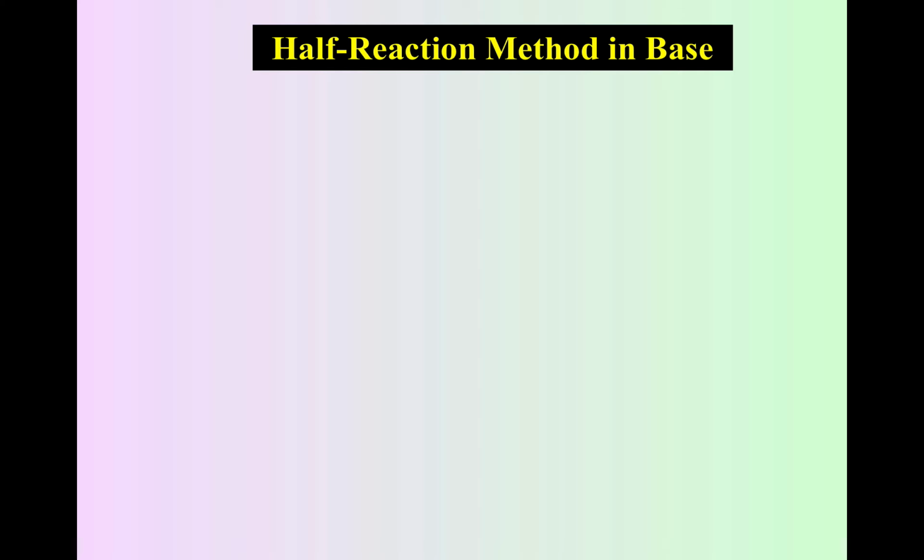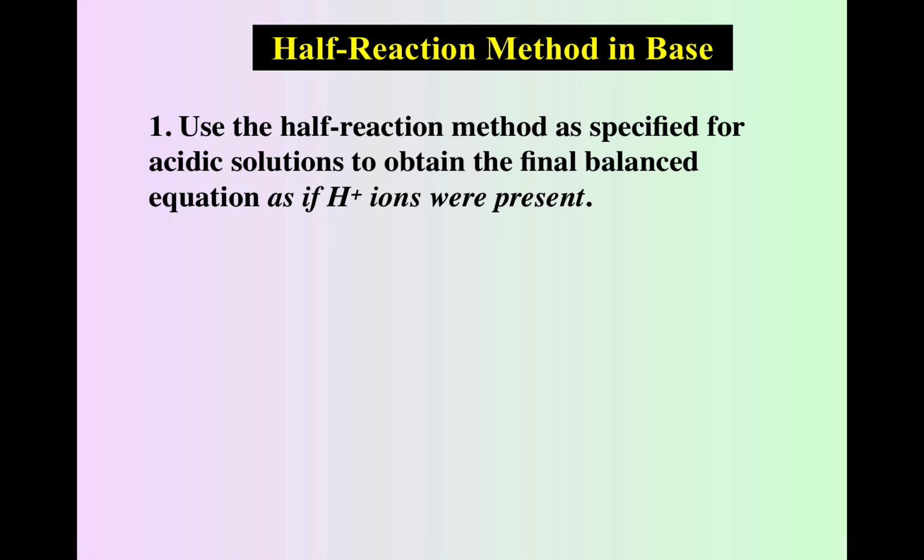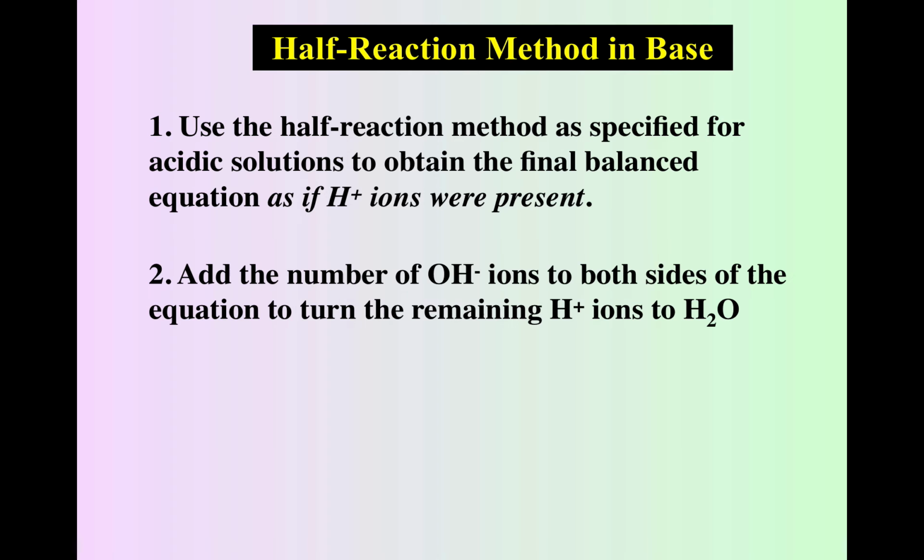All right, so like I said, you're either in a basic environment with a redox reaction or an acidic environment. So how do we deal with a basic environment? Well, it's going to involve hydroxide, right? That's a basic environment. So we follow the same steps as though we were in an acid environment. So we pretend like we're in an acid environment and we follow the 7 steps. And then at the end of the 7 steps, we add an 8th step. We're going to add hydroxides to both sides of the equation to get rid of any H plus in the